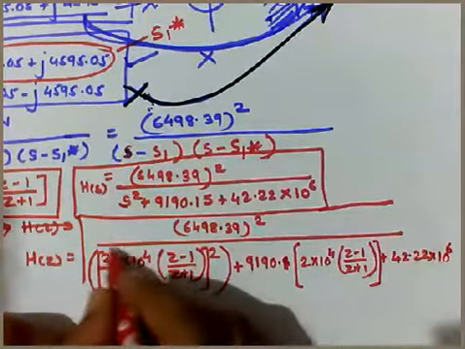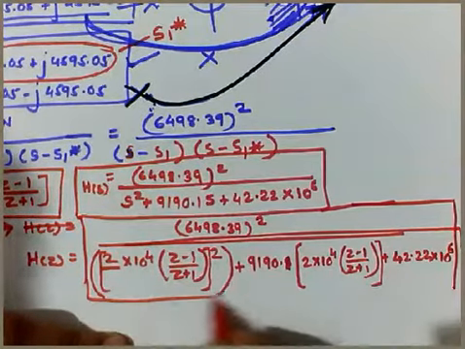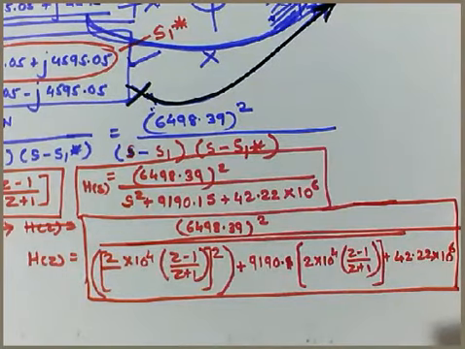So this is how the answer for H of Z will be done, and that is all about the simple example to solve the numerical based on the Butterworth